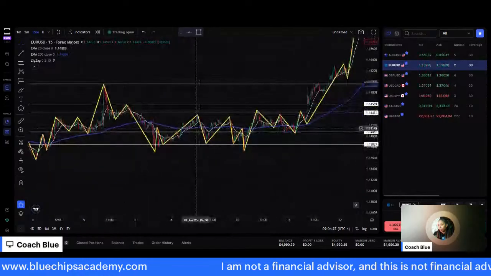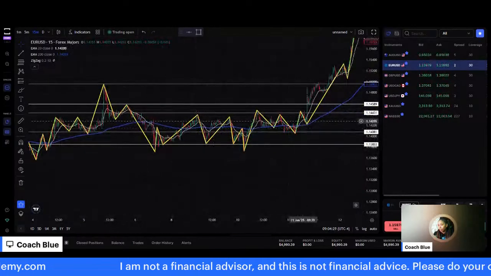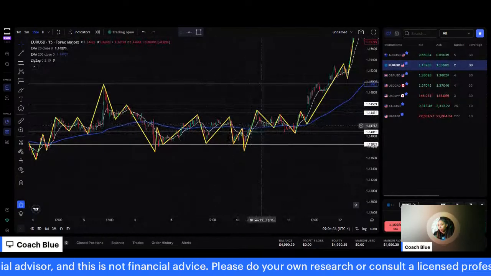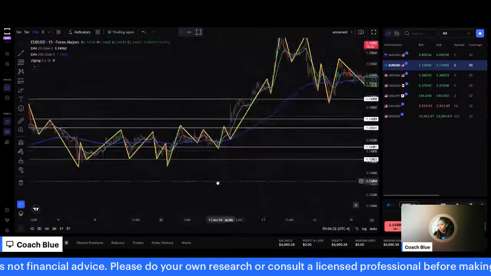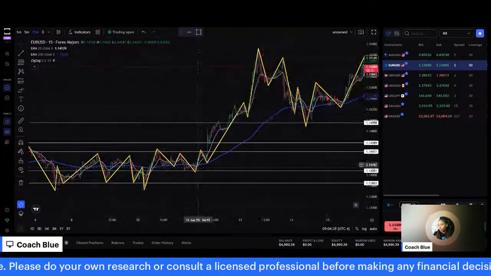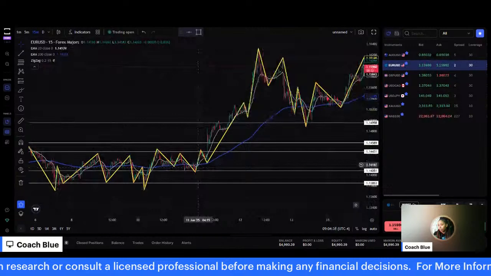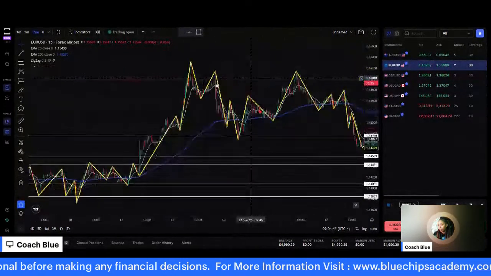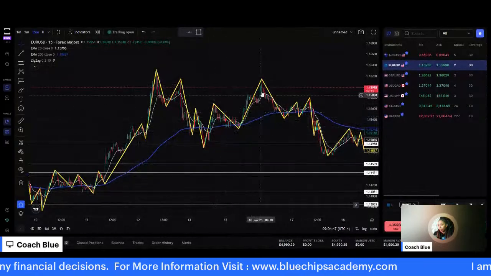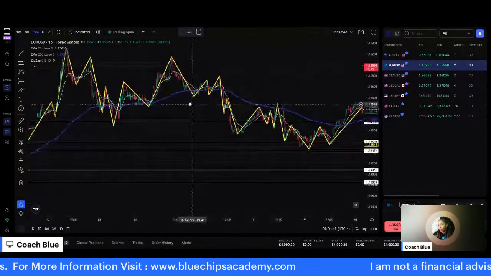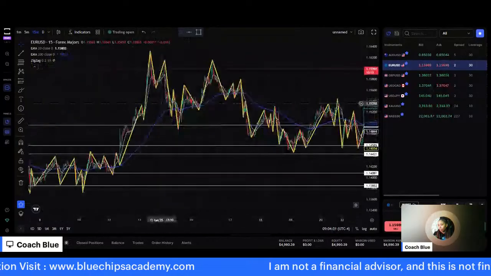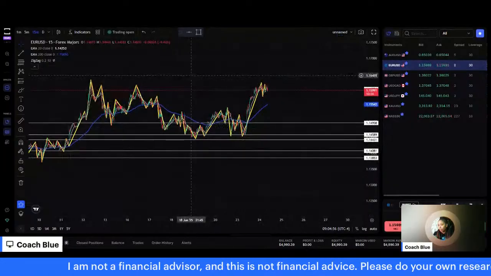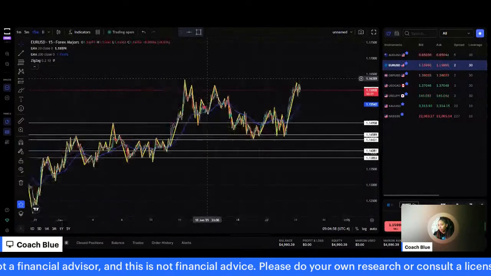All right, and then here you can see price flattens out a little bit, right? So we get a crossover to the upside, but these two crossovers here probably wouldn't have been a win. But this crossover here makes up for those two small losses. Look at this crossover here. Beautiful push to the upside. Another crossover here. Beautiful push to the upside. So as you can see, there's a pattern that is happening here, and that's what I want you all to be able to identify.